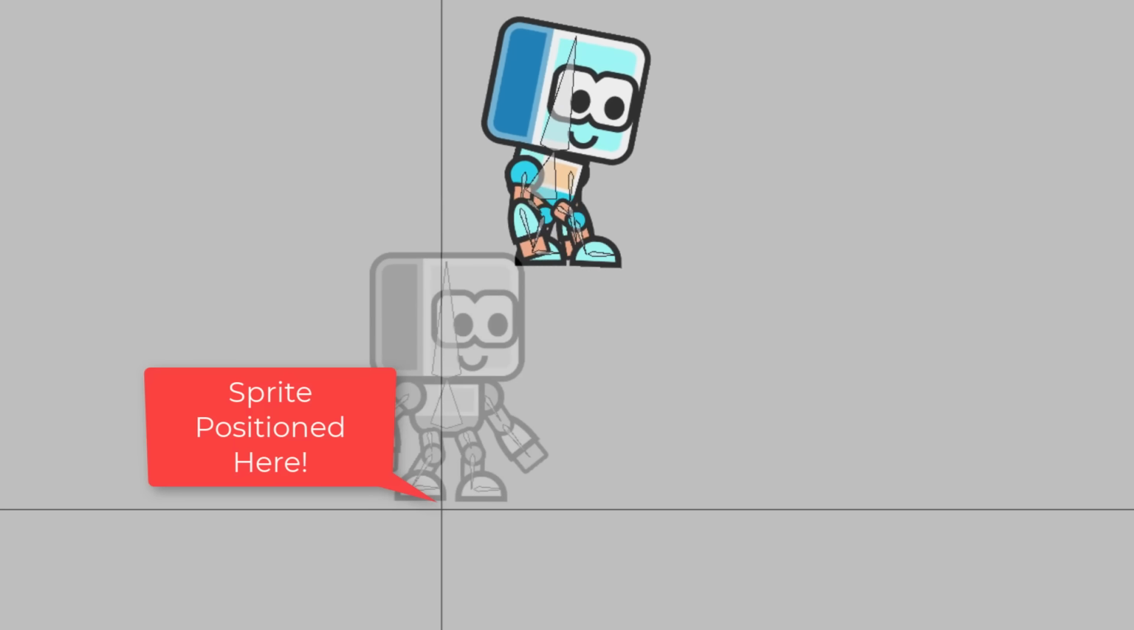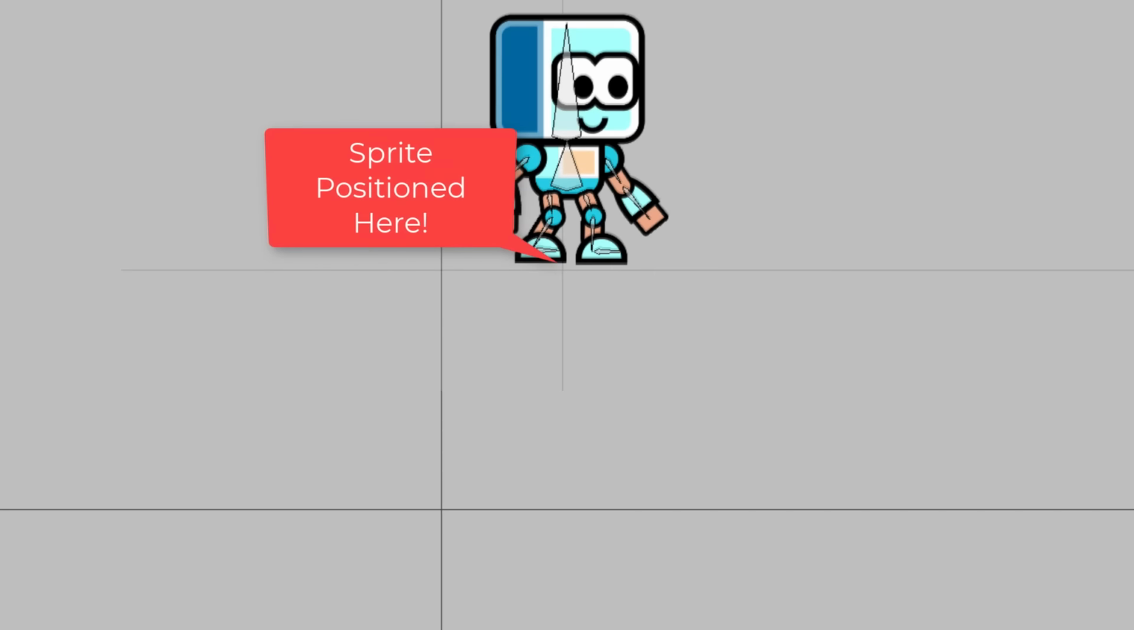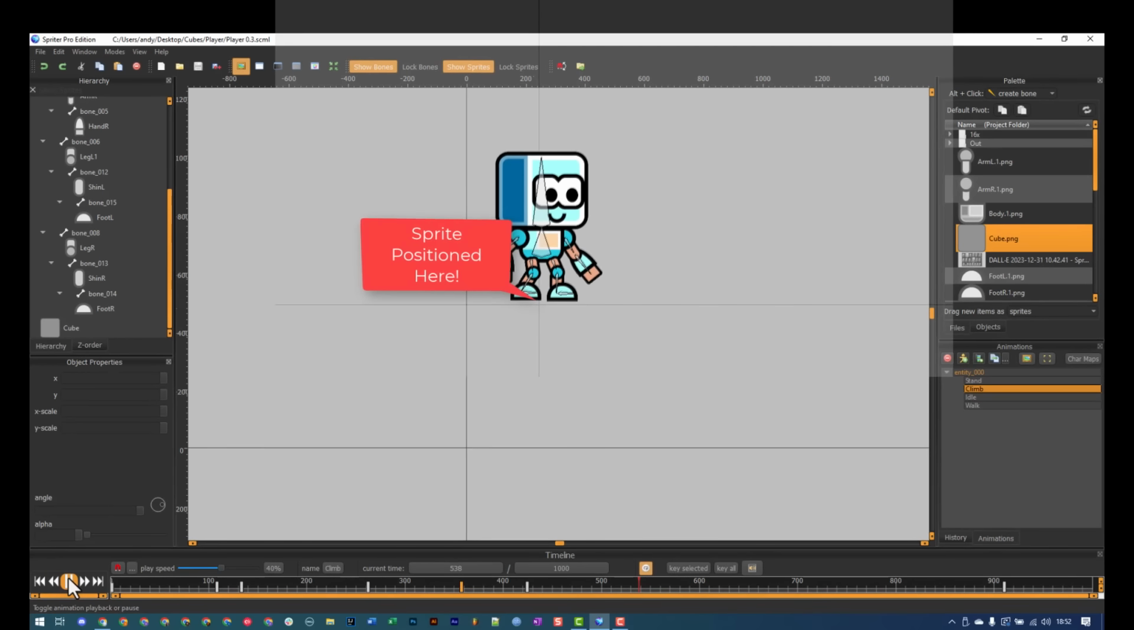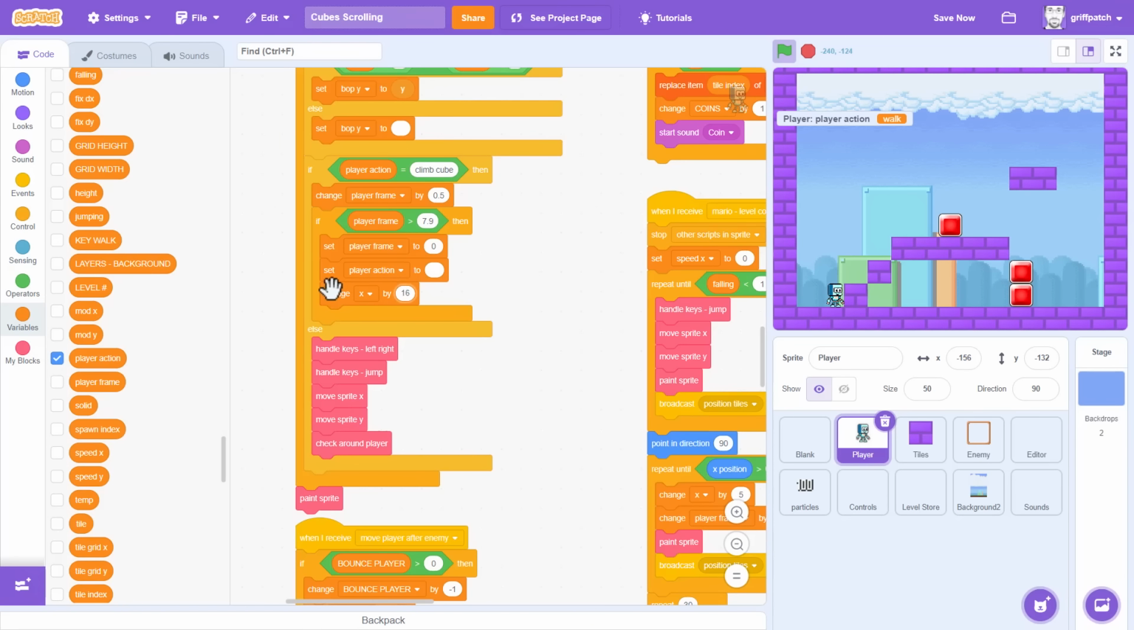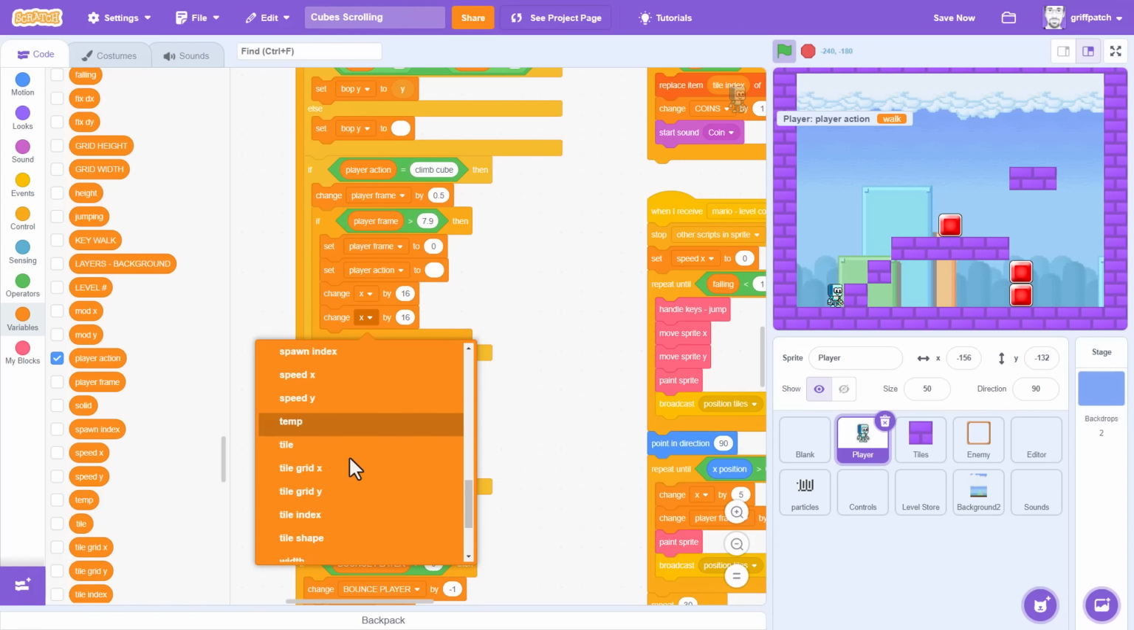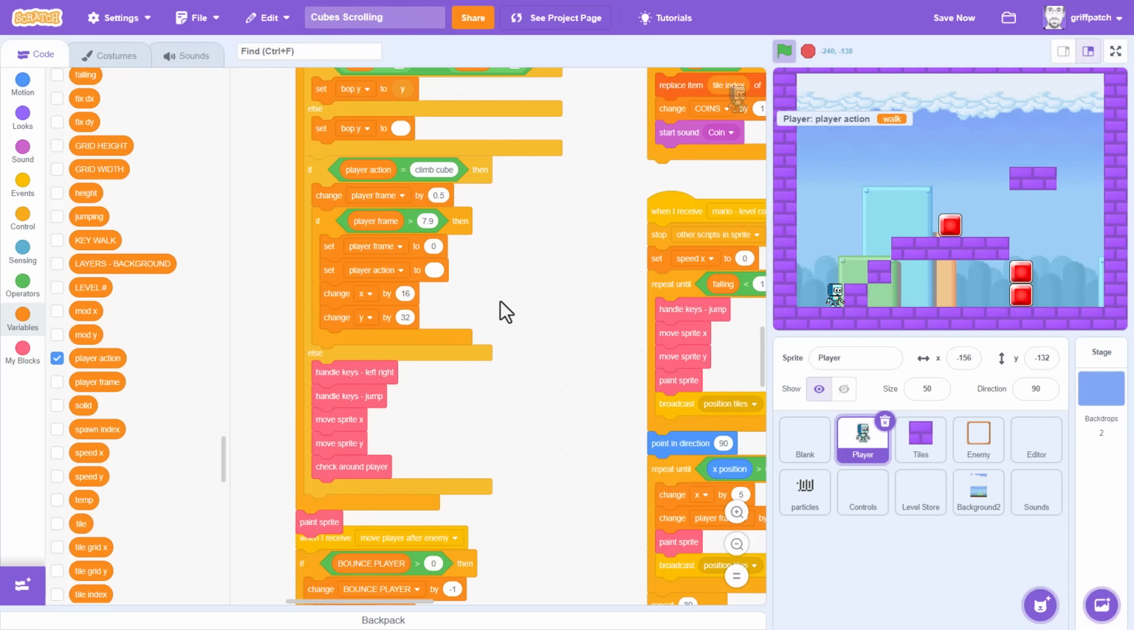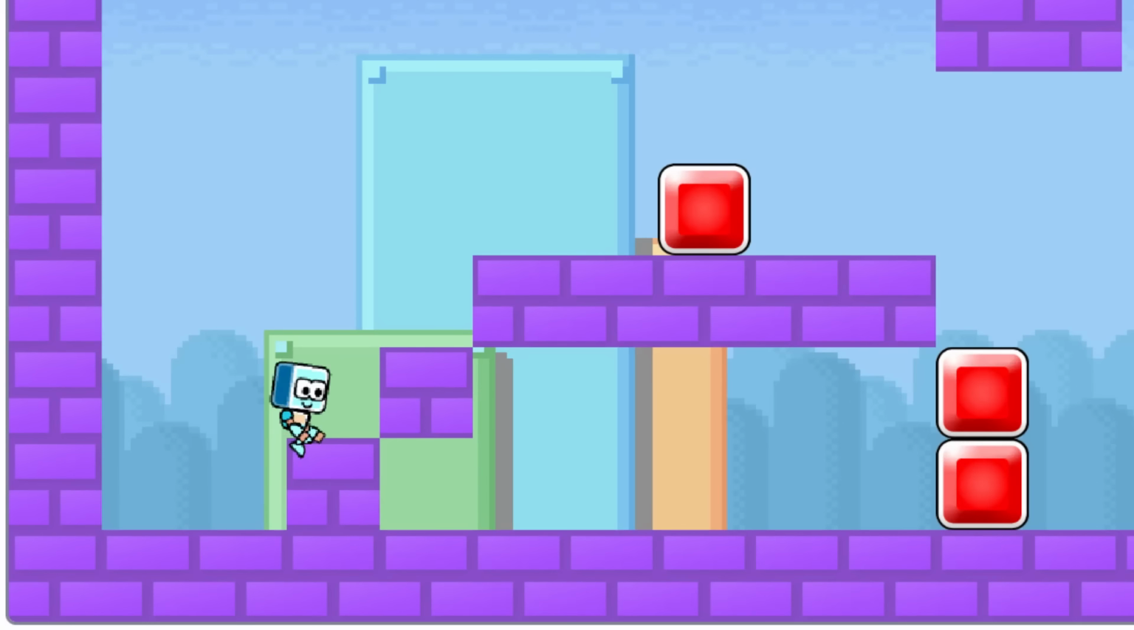To fix this, we must end by physically moving the player to match the end frame. I'll try changing X by 16, that's half a tile, and changing Y by 32, a whole tile up. Oh my gosh, that was a good guess. It's spot on. And man, it is fun running around climbing over blocks, and it's the player animations that really